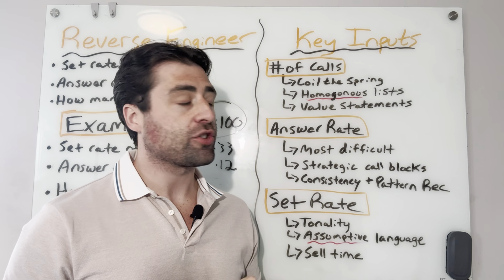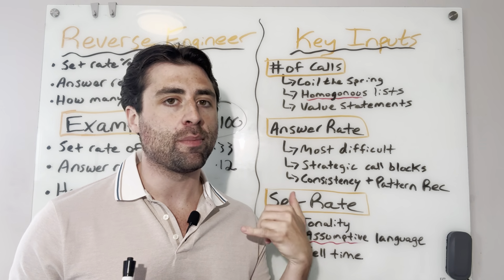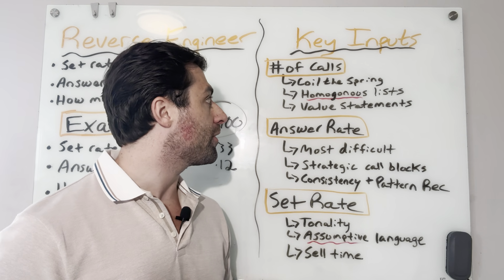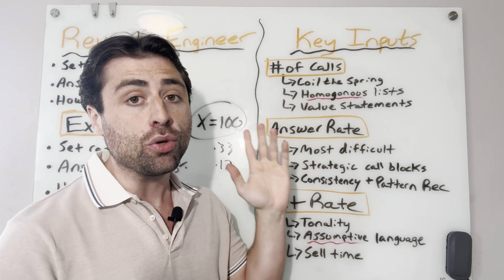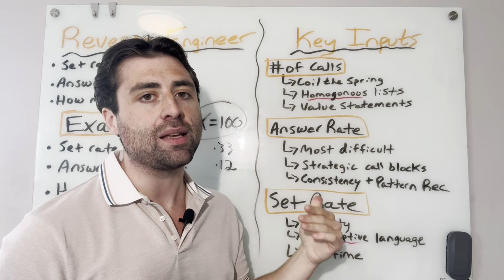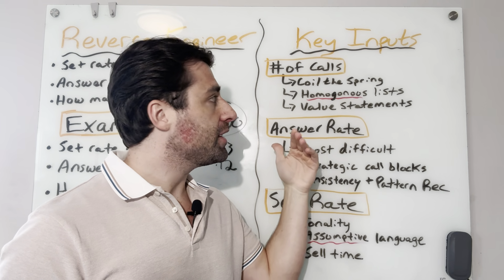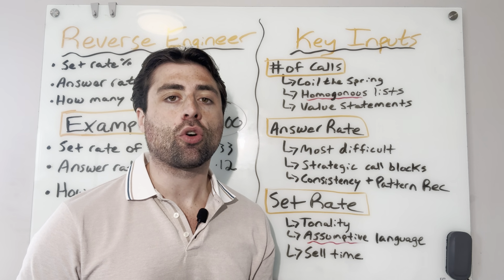So for the first question, the number of calls, an obvious answer is to just work harder, work longer, make more calls. And I preach that. I'm a preacher of hard work, but I want to show you how you can keep your work level the same and work more efficiently to easily be able to make, let's stick with the 100 calls a day example. And the way I do this is through a process that I call coiling the spring.